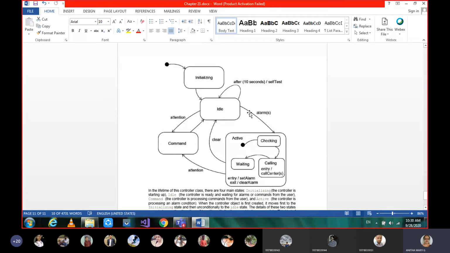Initially it will be idle and it keeps checking every 10 seconds. If any attention or any command or any suspicion arises, that command is sent to the idle state. The idle state will move on to the active state if any threat is happening or doors are unlocked.